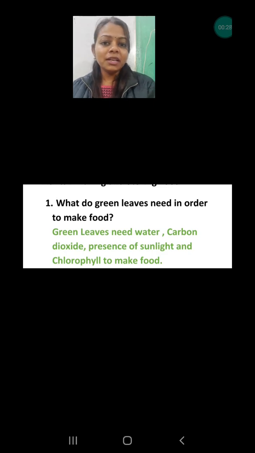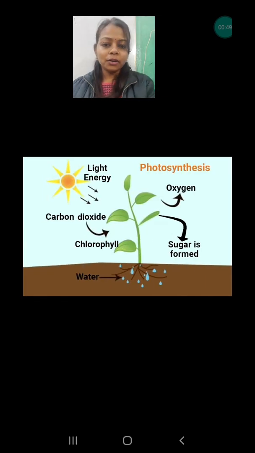That means, what are the ingredients for photosynthesis? The question is directly asking about the ingredients of photosynthesis, because food is only prepared when all the things are mixed together in the proper ratio, right? In the same way, plants also need ingredients for photosynthesis. And what are they? They are water. They need carbon dioxide, and in the presence of chlorophyll and sunlight, they prepare their food, and this process